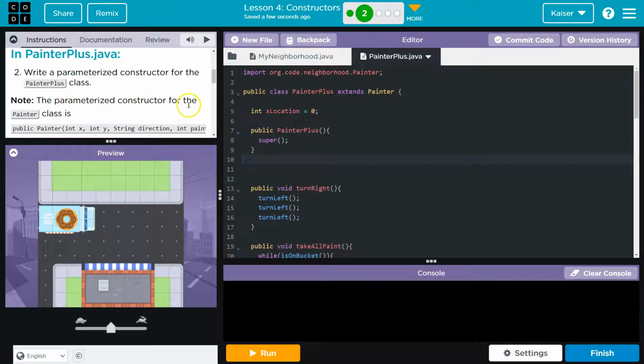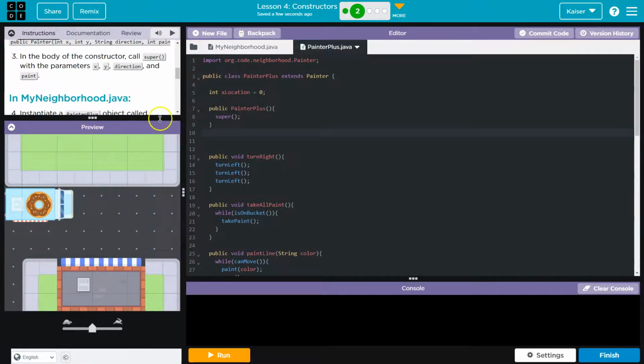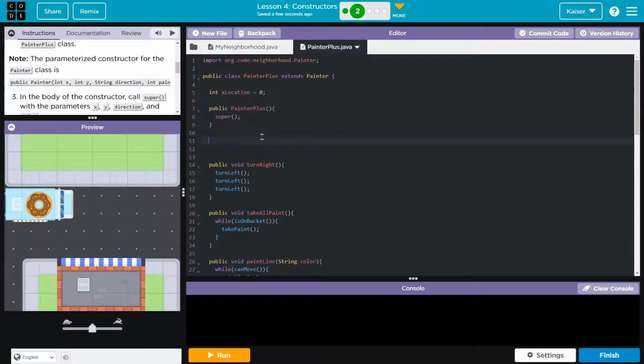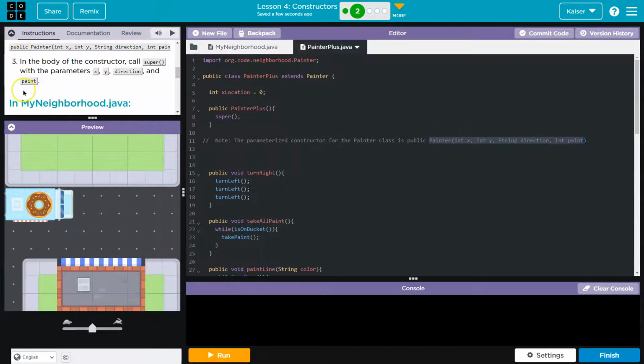The parameterized constructor for the Painter class is, let's zoom out for a sec. Oh, that was not helpful. Perfect. Thanks, guys. I'm just going to copy that and see what I get. Oh, hey, that worked. All right, so here we go. The parameterized constructor for the Painter class is public Painter. So the Painter class has all of this in a constructor now. What are they asking us to do? In the body of the constructor, call super with parameters x, y, direction, and paint. Okay, so